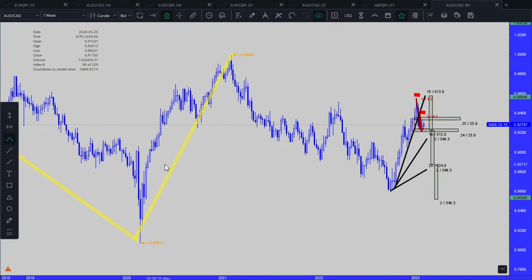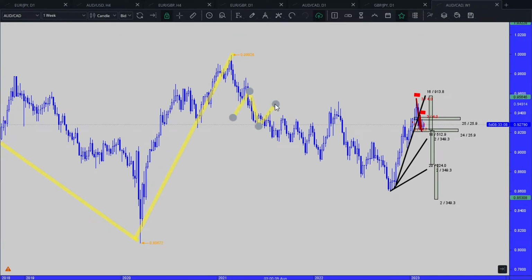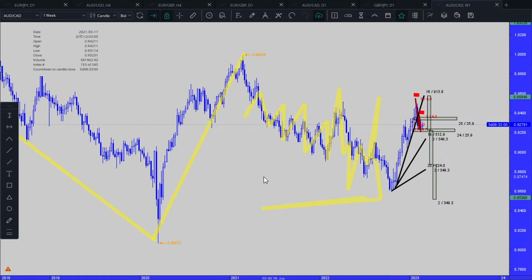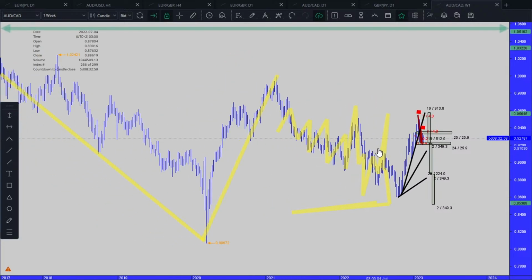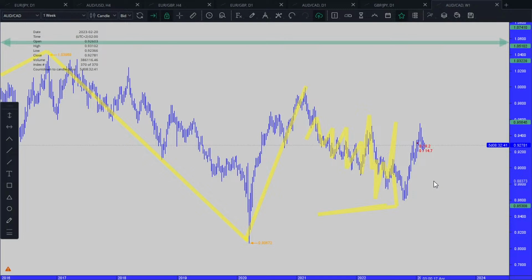So all of this mess, up and down, up and down, lower lows, higher highs, lower lows. See all of this mess, everybody? If you go long, let's ask a better question today. What is, in your opinion, less risky, to go long or to go short? If this is what you see.